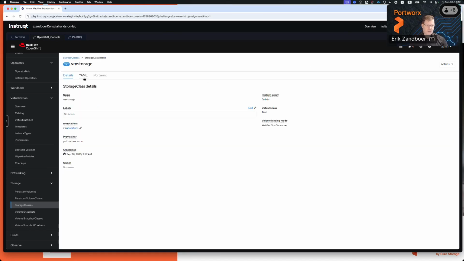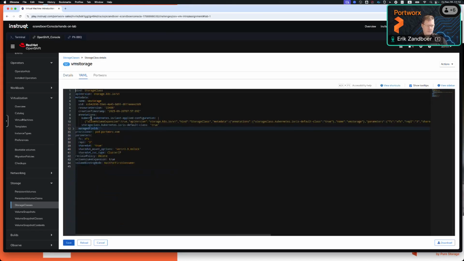And this one actually, when we go into the YAML code, right, you can see that, for example, repl equals 3. So as you can see, we're making 3 copies. Shared v4 is true. So this is an older setup of Portworx. So we don't have the raw block multi-writer capabilities here. So in this case, we're using shared v4. So that's the tiny NFS head that we deploy next to the PV, actually, to make it multi-writer capable. So that is all in here.